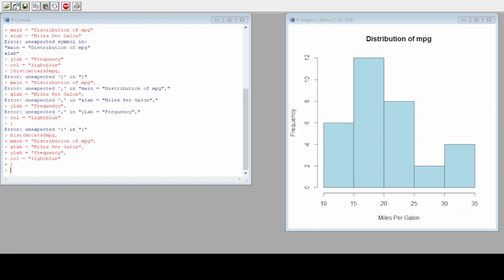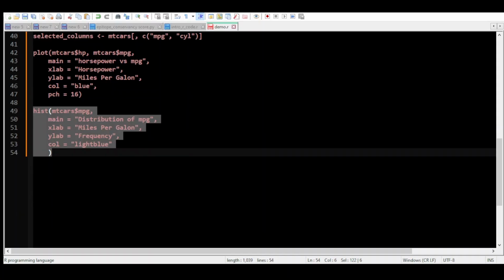So let's go back to Notepad++, and then to do a box plot, we use the boxplot function. And then we will give our variables, and then just like the other graph plots, you also have the main, you have the X label, you have the Y label. You can also provide the colors. But first of all, let's look at the cylinder,